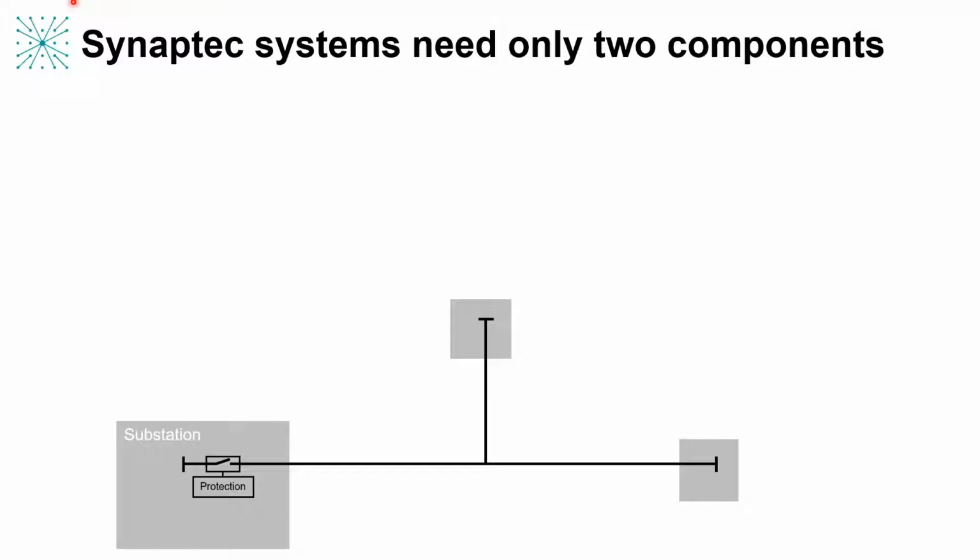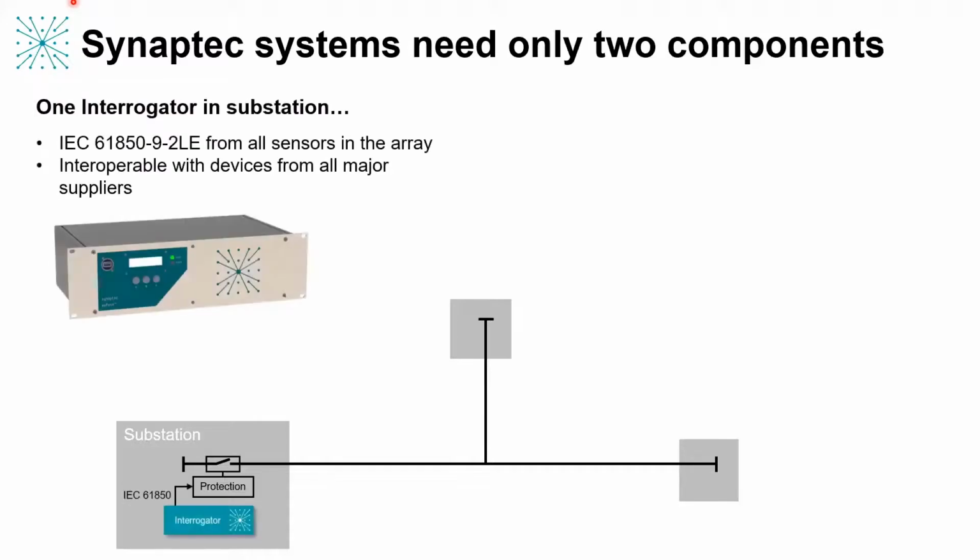So as I've mentioned in the introduction, our measurement system uses the existing fiber in the power network, like in the optical ground wire, to communicate analog measurements of electrical quantities back to a central location. What this means is that in any one of our differential current instrumentation schemes, we require only 2 different hardware components. The first is a receiver at one end of the fiber, and the second is each of the discrete sensors which are installed or daisy-chained along that fiber. The receiver in that system is the Interrogator, which you can see an example of here on the screen.